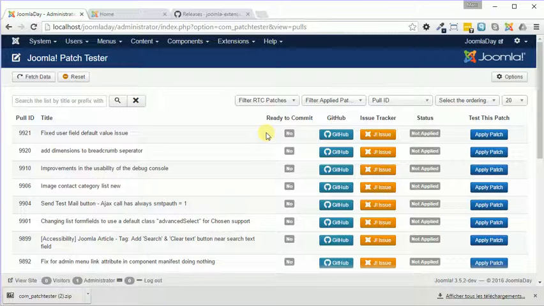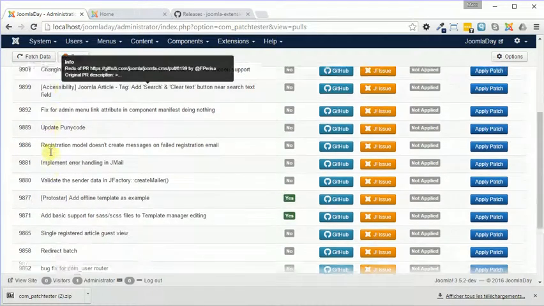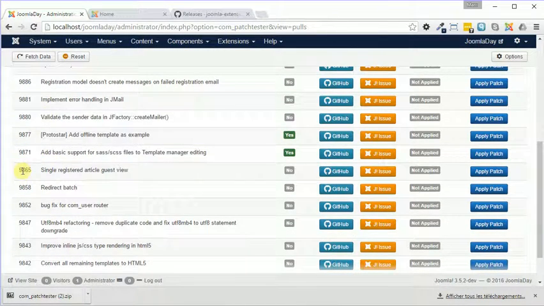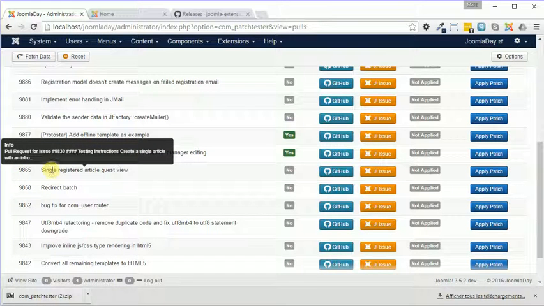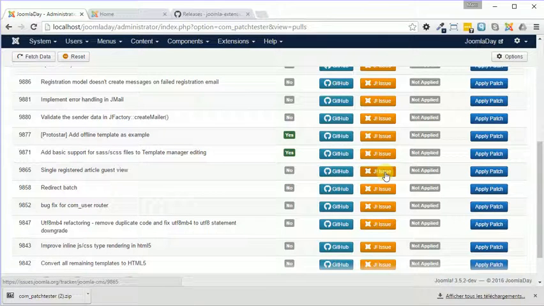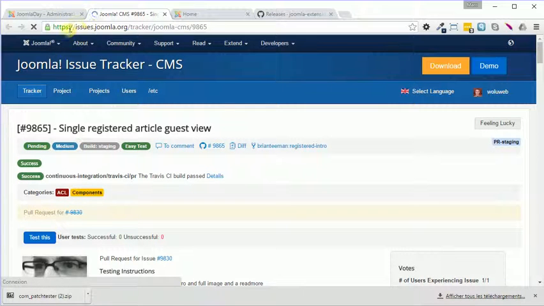Let's suppose I will just scroll here and find an interesting issue which is easy to show as a demonstration. I see here 9865 looks nice. Single registered article guest view. If I hover any title, I already see some more information in the tooltip, and I've got other interesting buttons there. The first one, GitHub. Okay, I can click on it,